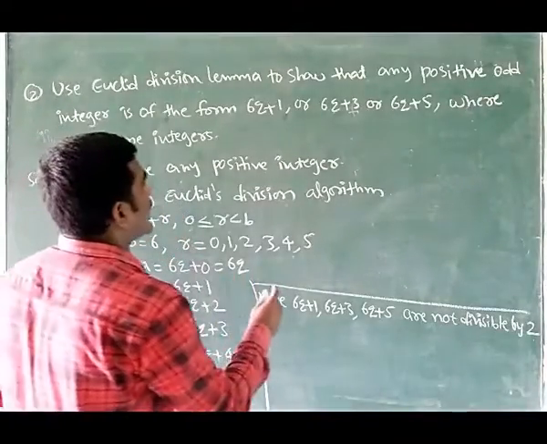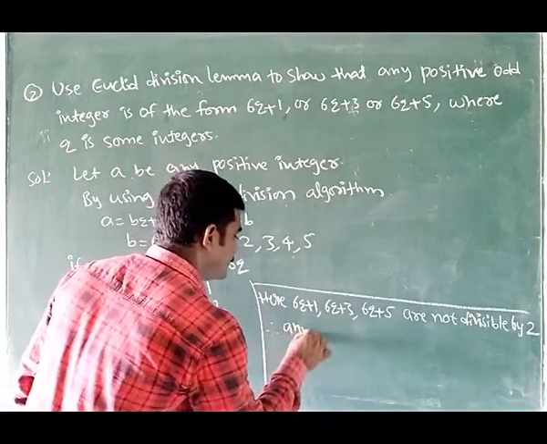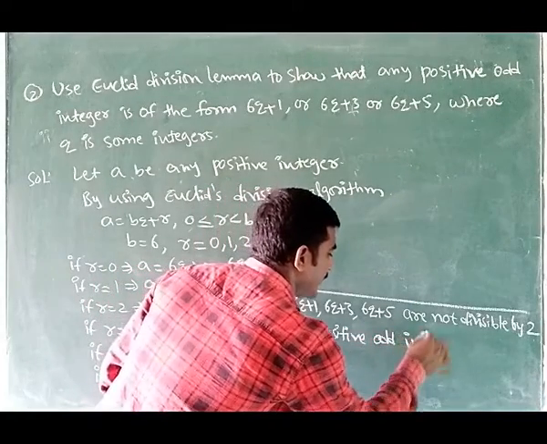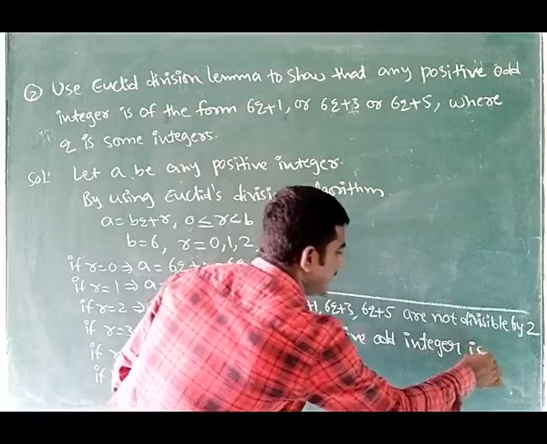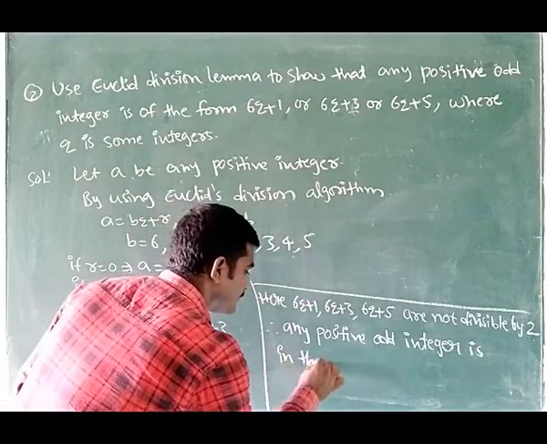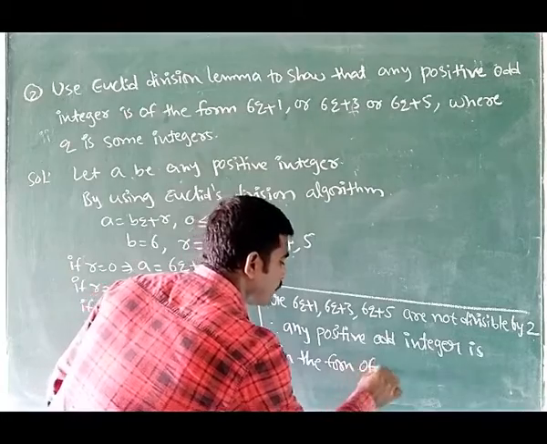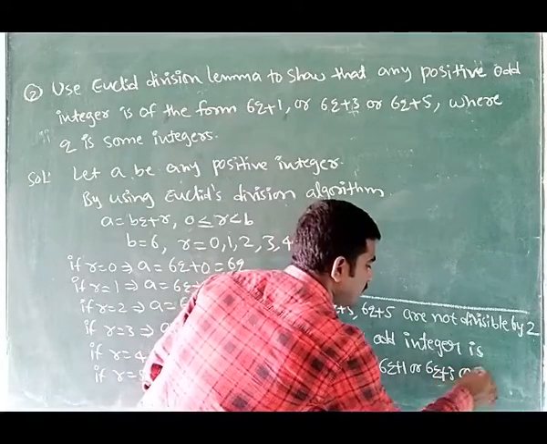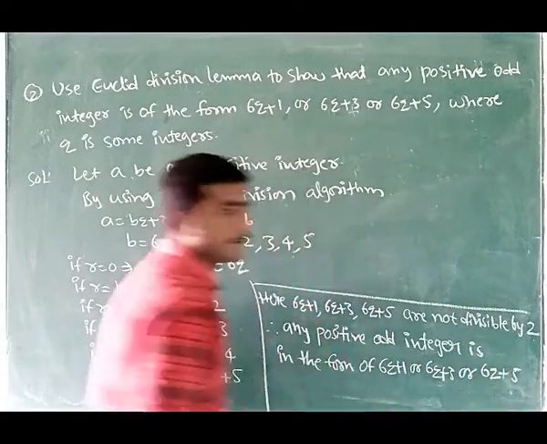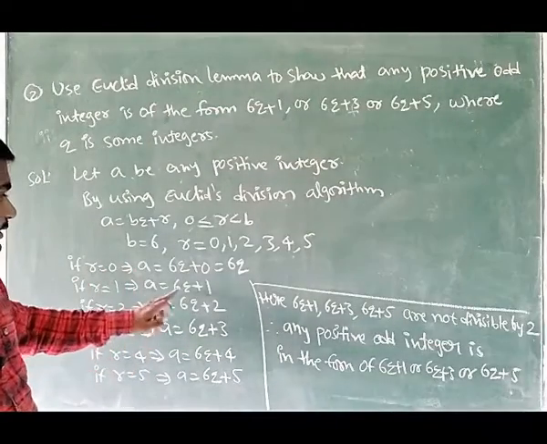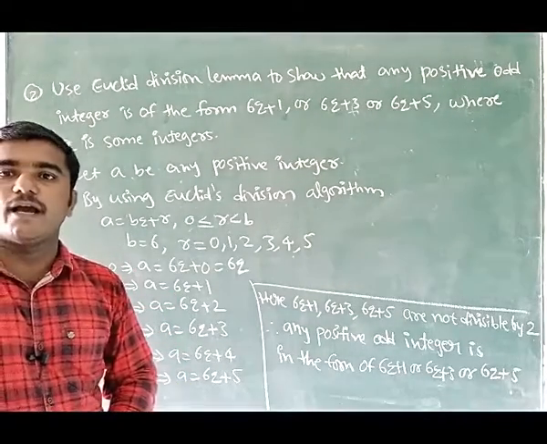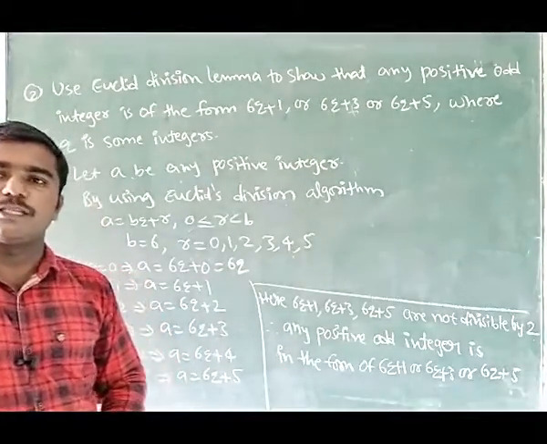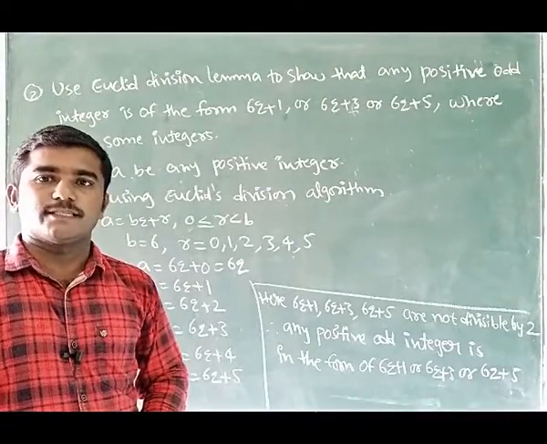Therefore, any positive odd integer is in the form of 6q plus 1 or 6q plus 3 or 6q plus 5. These are not divisible by 2. That's why every positive odd integer is in the form of 6q plus 1, 6q plus 3 or 6q plus 5. This is question number